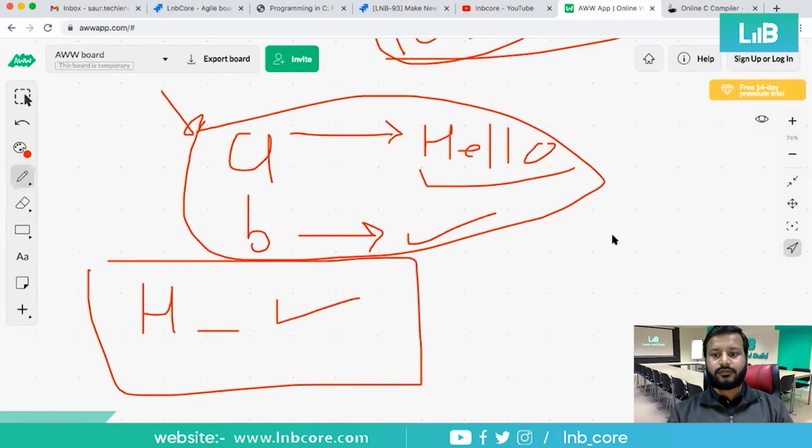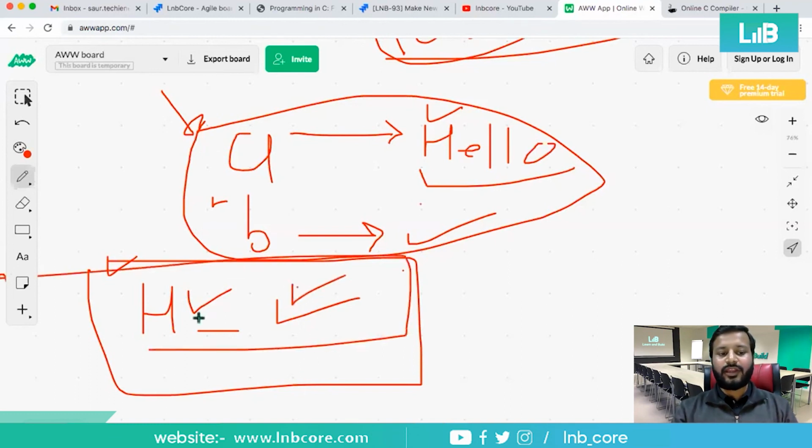Just a second. Yeah, so we have two variables, A and B. Inside A, you have a fixed value as hello. In the second, you have a fixed value as your name. I want you to write a program where first of all, A should be printed, then a space, then B must be printed. And this program must be written in the minimum number of lines. Will it be possible?